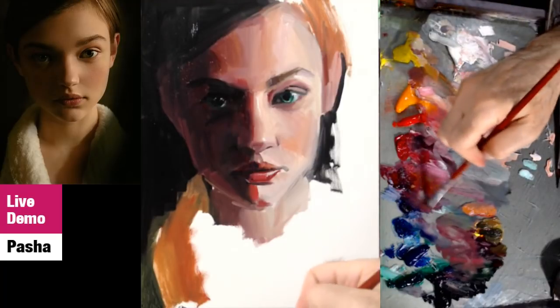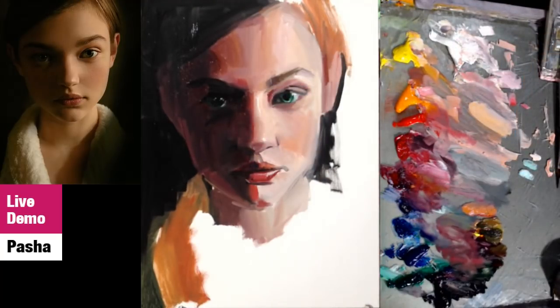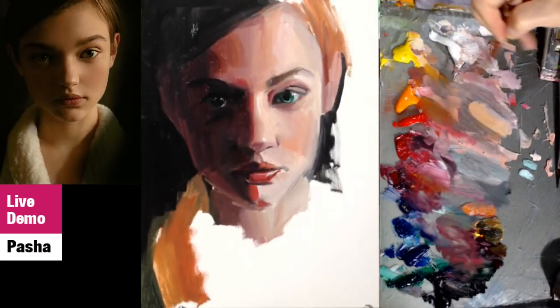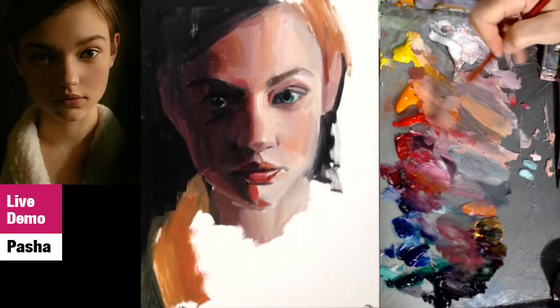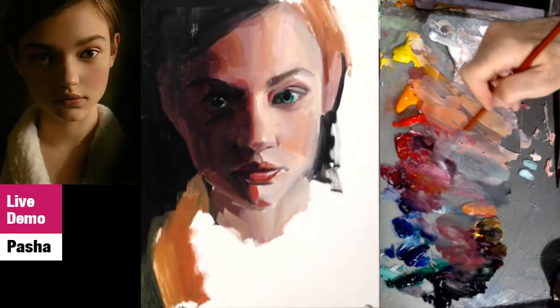Okay. Okay, let's continue on our neck. I got a little distracted there with making adjustments in the face, but eventually I do have to have the whole thing painted, so,